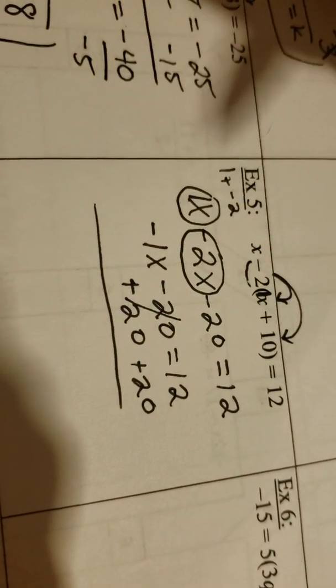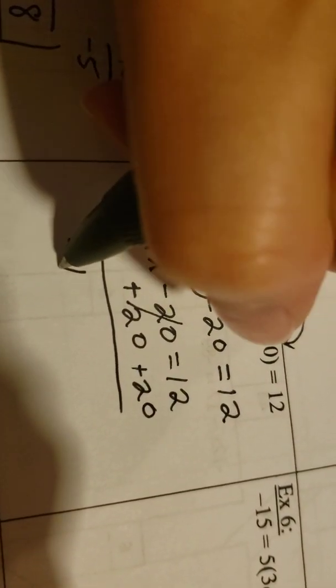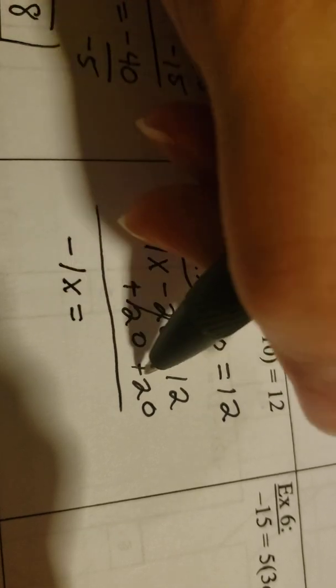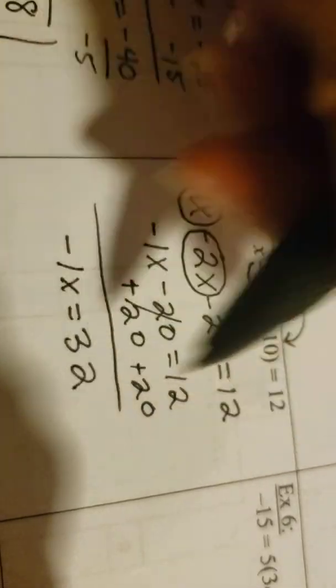And now over here we have 12 and 20, so we add that. So we have negative 1x equals, and 12 plus 20 is 32. And then our last step is to divide by negative 1. And there we go. x equals negative